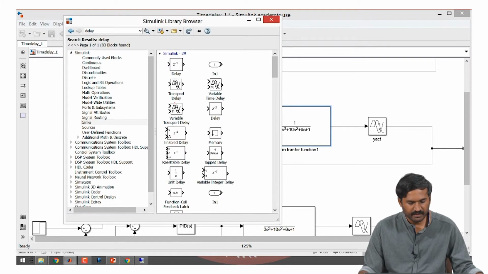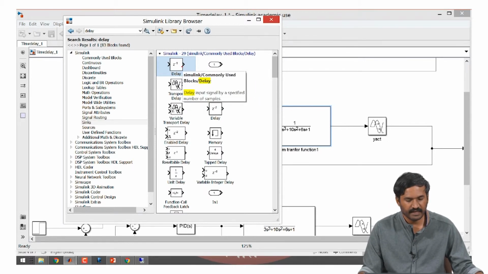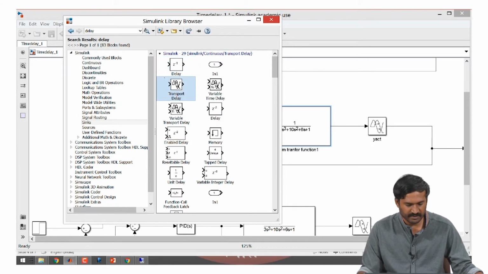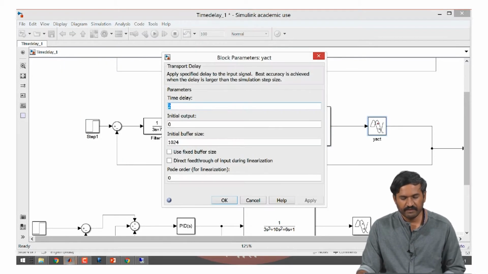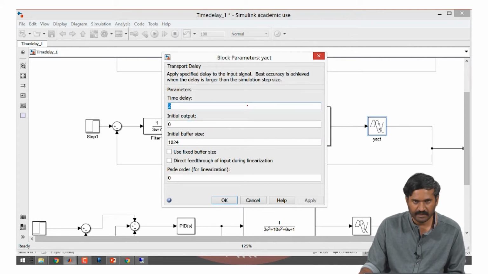The main ones we are interested in are either this transport delay or this delay. This delay is used in the discrete time domain. Since we are working in the continuous domain, we will use this transport delay. Now, this defines the time delay constant, and we have e power minus 2s there. Because of that, I have given 2 as the time delay.